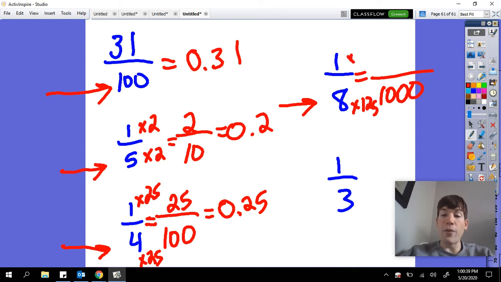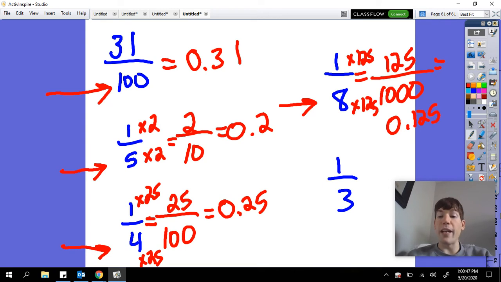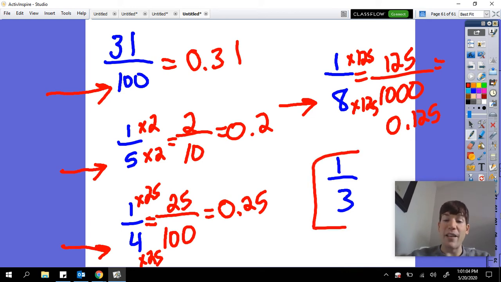So multiply by 125, multiply by 125, we get 125 thousandths, which looks like this. 125 thousandths is the same as 1/8. Now, anytime we can change the denominator into a 10, 100, or 1,000, we're going to make it significantly easier to change it into a decimal. Now, if that is not possible, such as this last case here, we do have our backup strategy, which I want